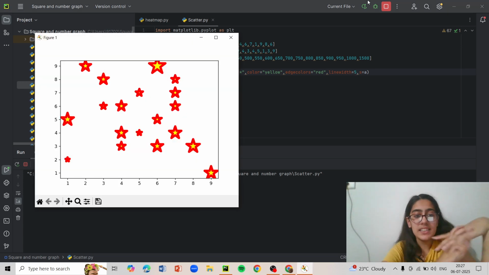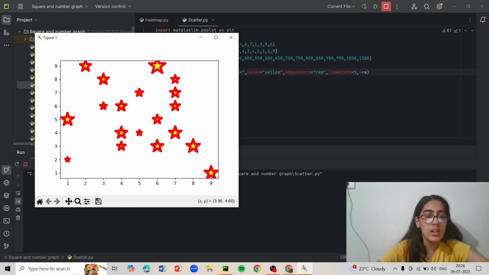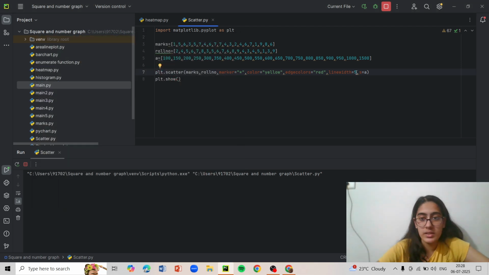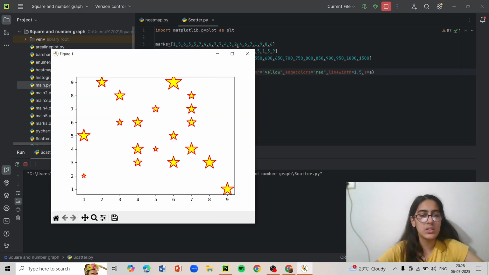There we go, you can see it is a little more red, and in some stars you'll see that the red is so much that it has completely covered the yellow part, like in this star and this one, 1 comma 2 and 5 comma 4. If you know how to read graphs, I'll just go back to 1.5. That sounds fine. I had put 0.5 originally, but that seemed too small.